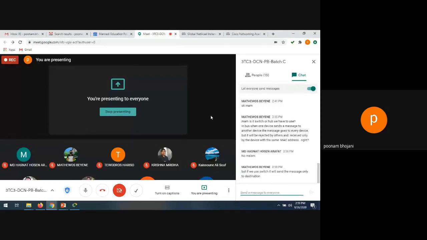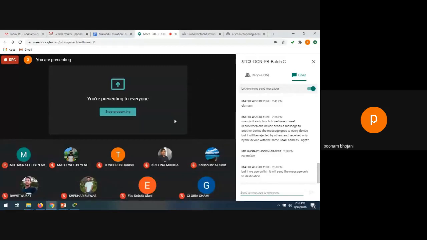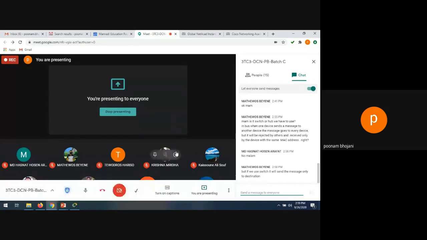But if you're not going to use that tool, kindly draw the topologies with pen and paper. That will also be okay for this exercise. But I suggest everyone use this Cisco Packet Tracer tool at least once, because in the next semester also one ACN subject will be there. In that subject maybe you are going to use this tool. So if you are aware of this tool in this subject, it will be helpful in that subject next semester. So everyone kindly download and install this software and use it.